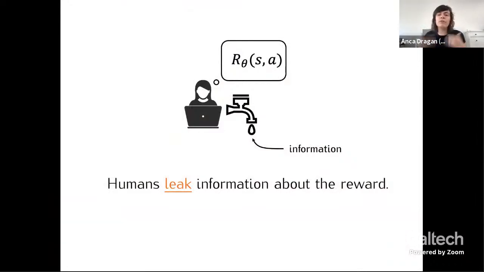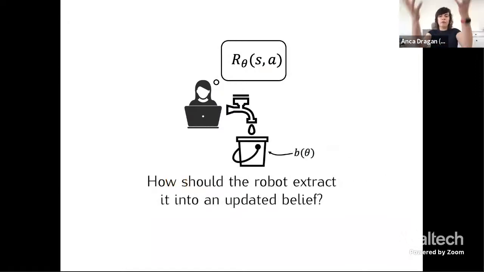So I think through what we do, through what we say, even through how we set up our environment, we end up leaking information about what we want and therefore about what the robot should optimize for. And then I think this information can fill in the blanks of what we forgot to specify ahead of time. And the question is, how do we enable the robots to capitalize on this, to extract this information that people are leaking left and right? How do we get them to stop over-relying on the specified rewards and rely more on these sources?